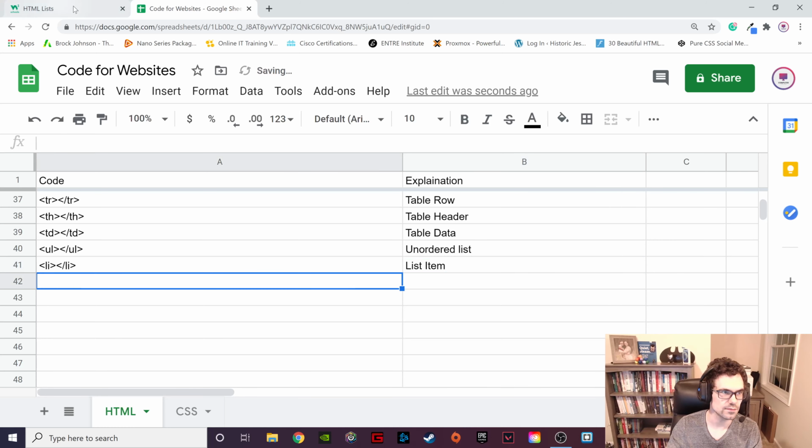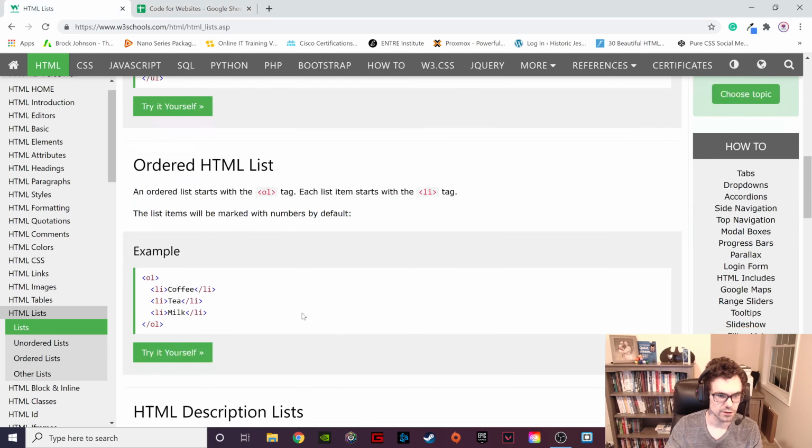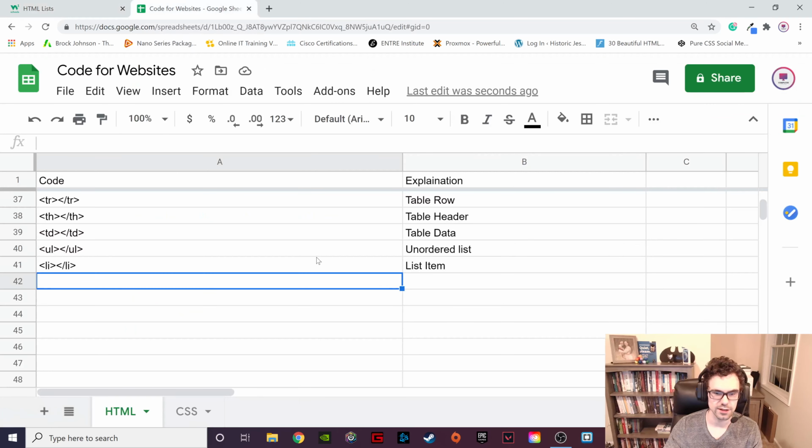Okay, moving on, we have the ordered list, and that is represented by OL. Okay, and notice list item, the same thing is going on. List items are represented, so ordered list,